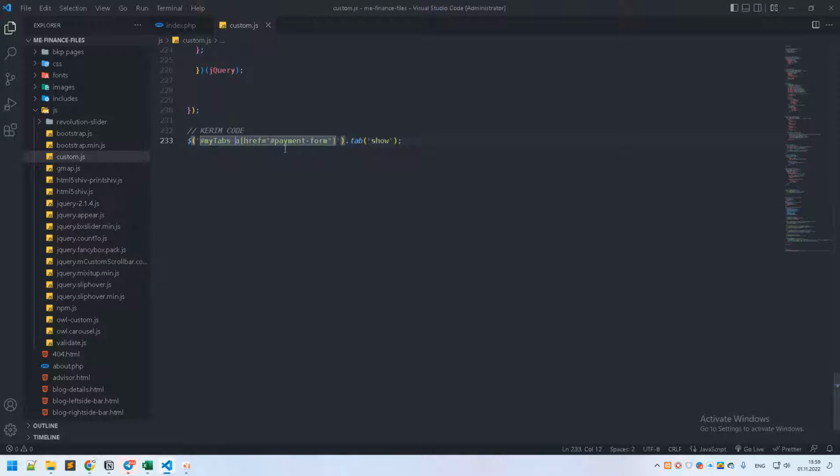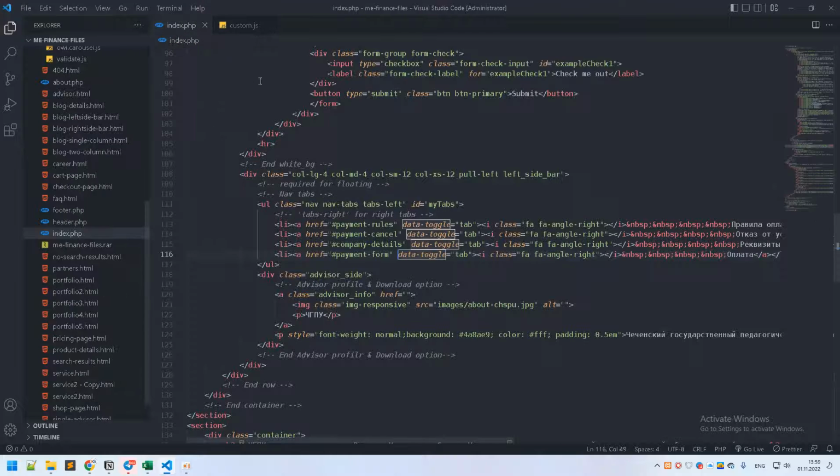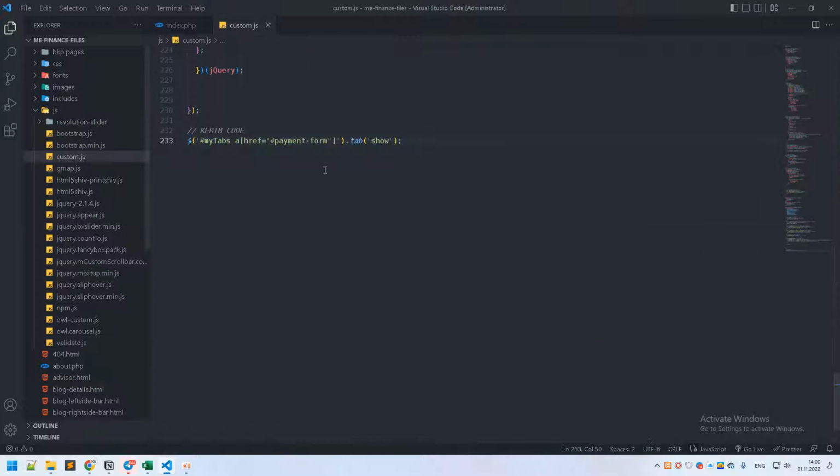As you can see, the first ID is right here, and the second ID is what comes after that ID, my tabs. It's the second one that's inside this UL HTML element. So we just specified that ID, and as an argument for the tab function,